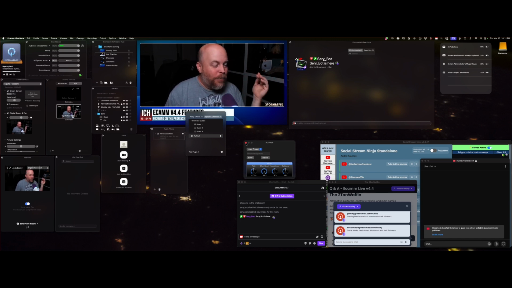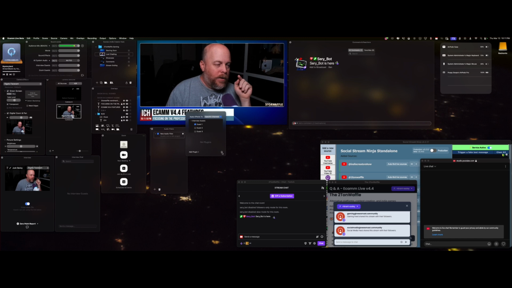And what you could do is stack multiple plugins on top of each other, but you just have to remember, the more plugins that you stack, the more it affects your sound, your audio quality. So that